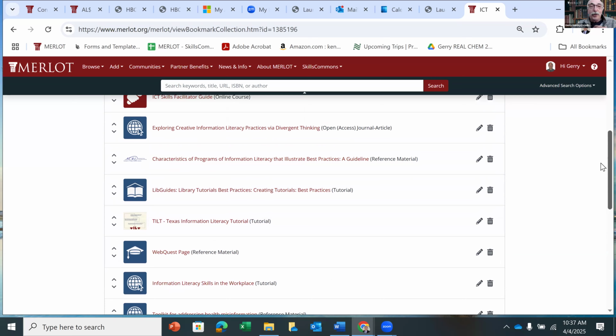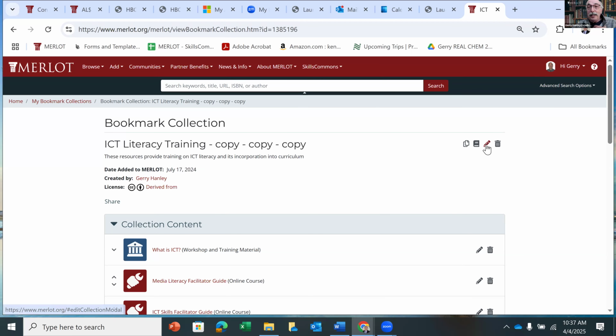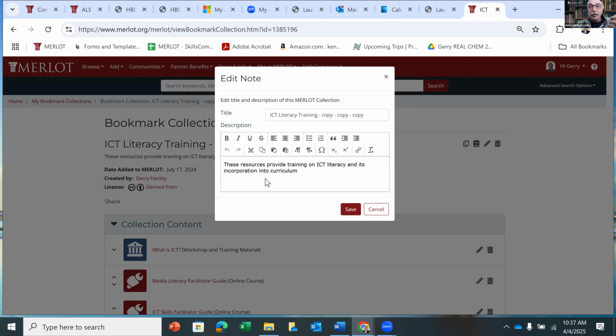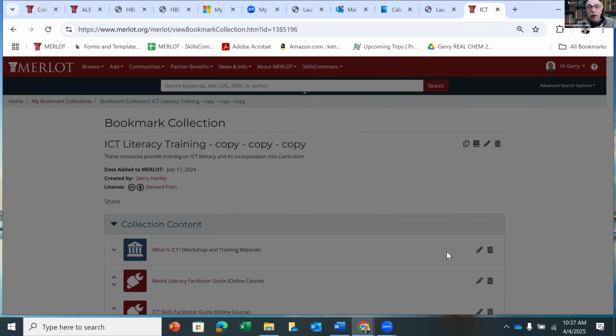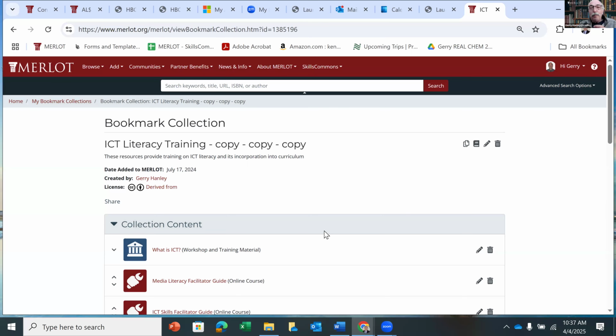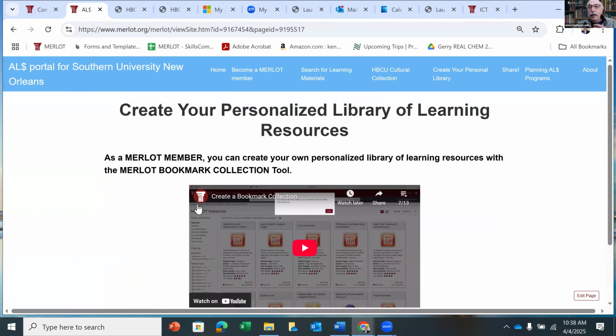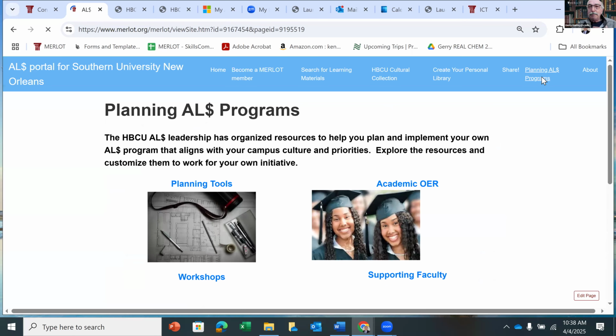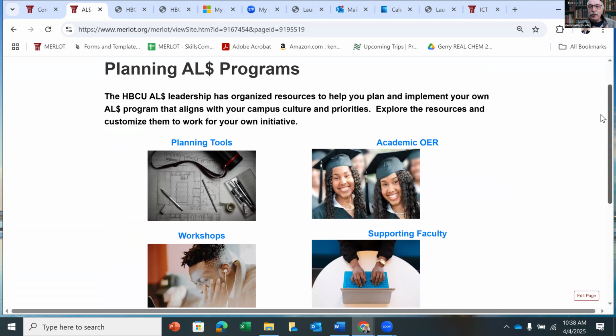Now I can just say, I want to create a copy. And then if I want, I can edit this all that I want. I can type in what I want it to be. If I want to delete some of these things, I just click on my little editor, or I can trash it, things along those lines. So Merlot provides these tools for you to personalize and institutionalize collections for your own courses. All these resources that we have here, you can customize for all that you want.